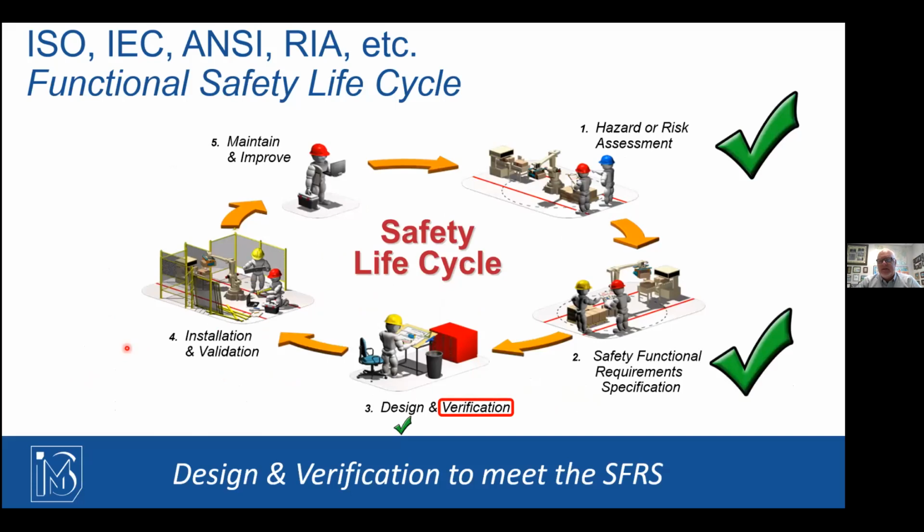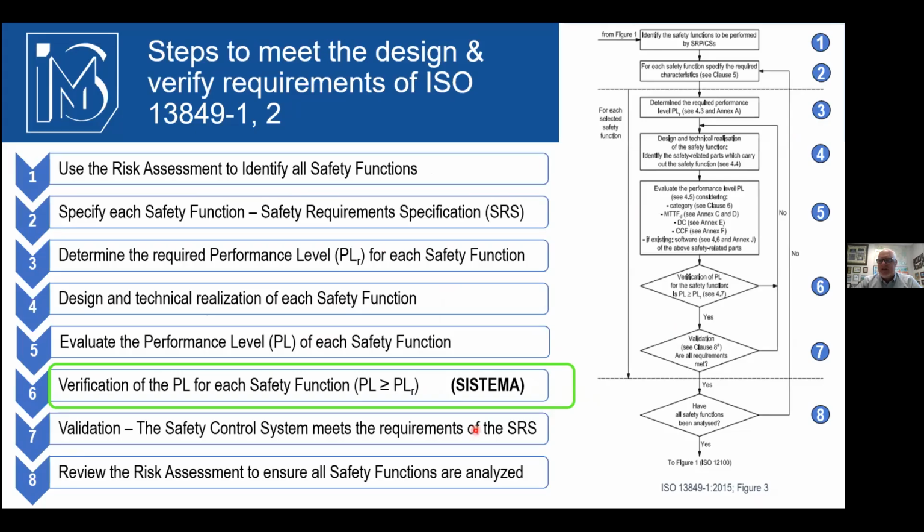Okay, so step 3 is made up of 2 parts. Let's say we've got the design done here, but now we want to have a third-party verification of that. The third-party verification is done by something called Systema. It's an acronym for, basically, a piece of software that's produced in Europe that would verify all of those calculations that I did